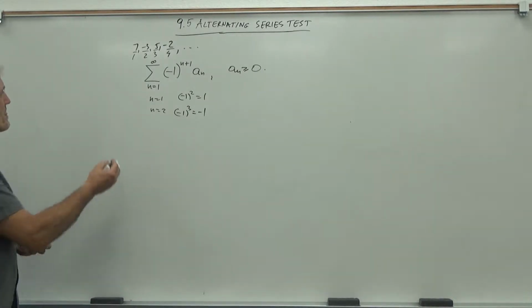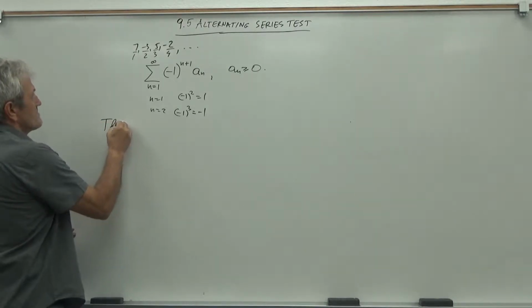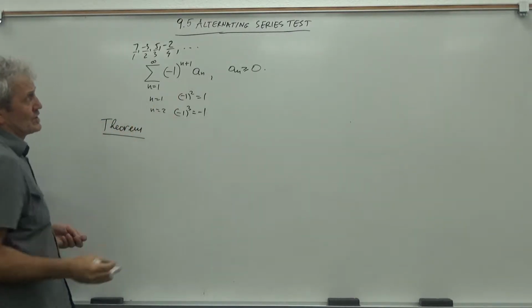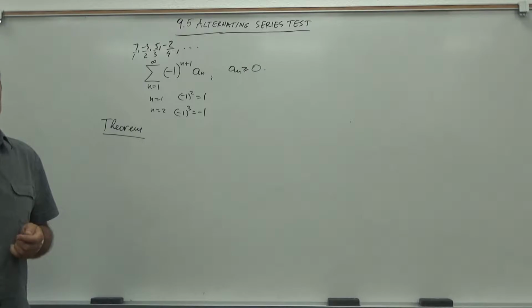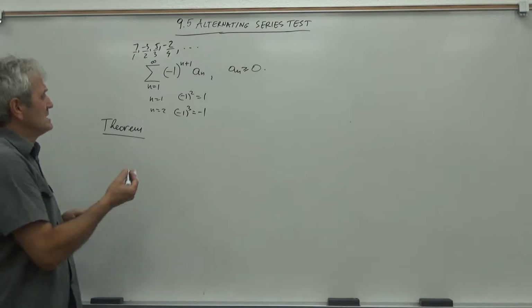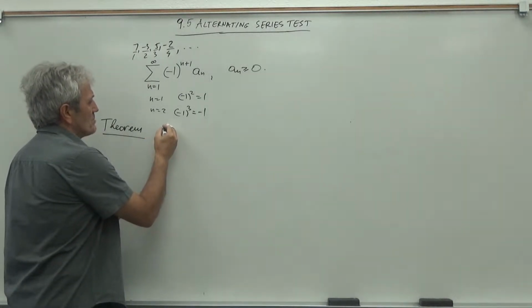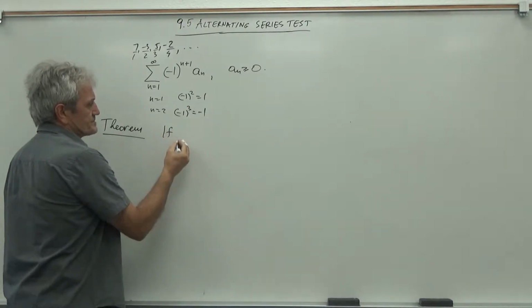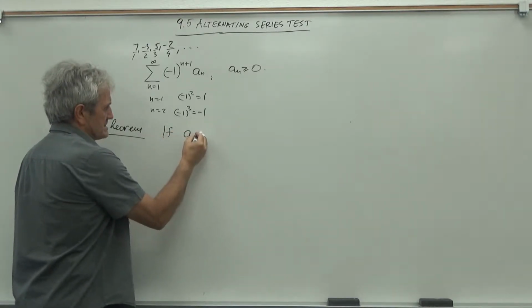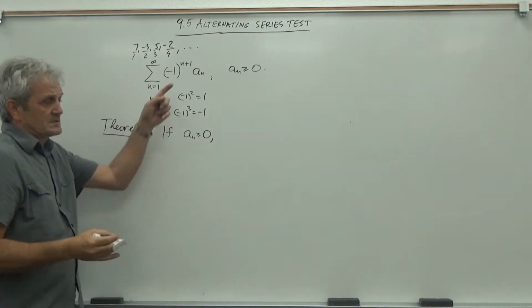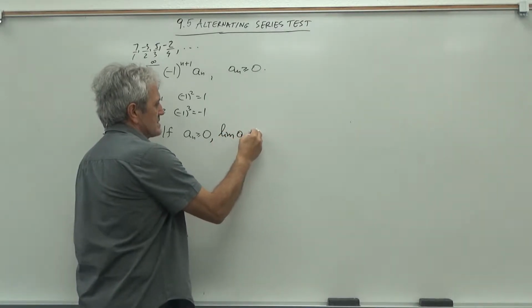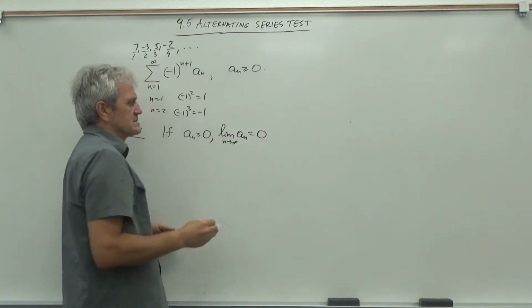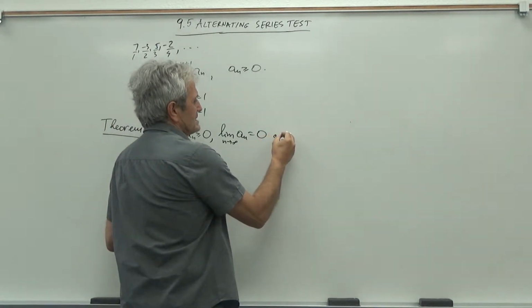So here's the main theorem, and that is actually the alternating series test. In certain situations where everything is nice, we can make a conclusion about the convergence of this type of alternating series. So, if a_n is greater than or equal to 0, that's what we said usually, then the limit of a_n is 0. I say that, of course, because we know the divergence test. But also,